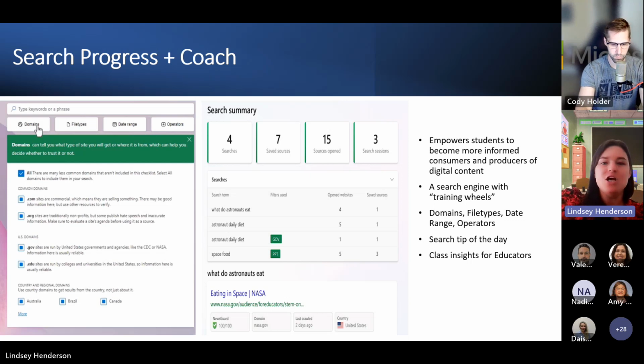It's kind of a good analogy. So it's going to help students become more informed consumers online. We see a lot of times people sharing news articles on maybe personal social media, and it's not a real website, or it's kind of a fake one. The due diligence hasn't been done.